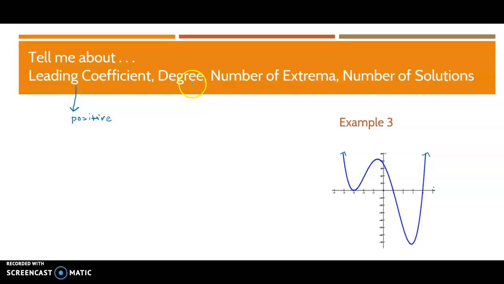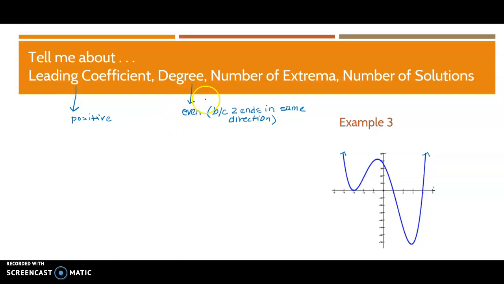Next, we're supposed to say some things about the degree. So the first thing I want to say is that since the two ends are up, the degree is even. And that is because our two ends go in the same direction. I am going to be able to tell a little bit more about the degree, but that is my first